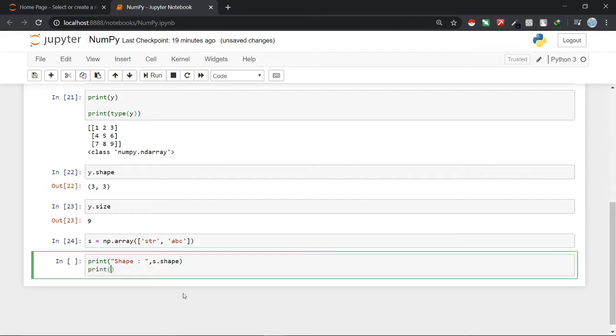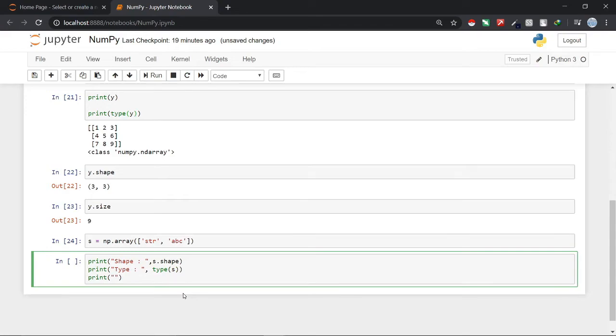Then I'll print the type of the array, so I'll use type of s here. And last we have to print the data type of the elements stored in that array. For that we can type dtype here, and we can use s.dtype.